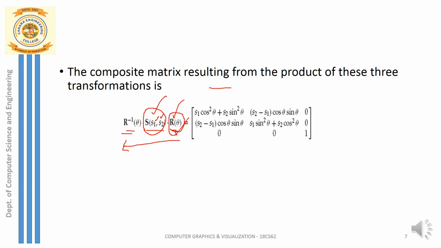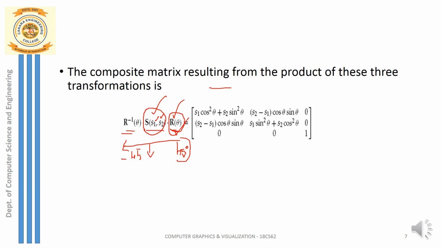So what is the meaning of reverse rotation? If my scaling direction is along 45 degrees, then in order to align the object with the scaling direction, I have to rotate the object by 45 degrees. After I rotate the object by 45 degrees, I am ready to perform the scaling. After I increase or decrease the size of the object, that is after I perform scaling, I cannot leave the object there. I have to perform reverse rotation, that is, rotation in the clockwise direction by an angle of minus 45 degrees.